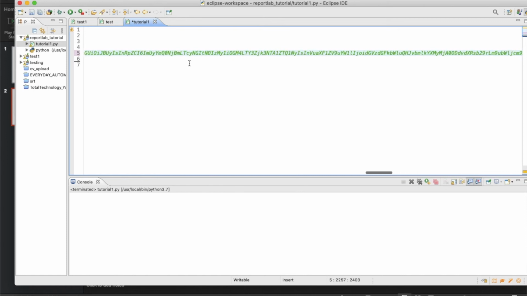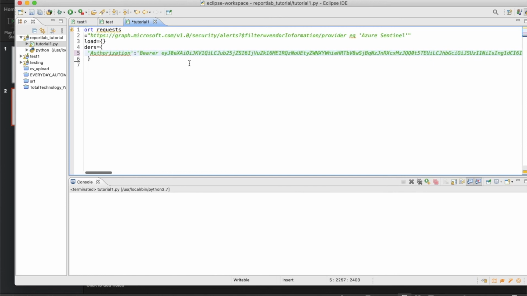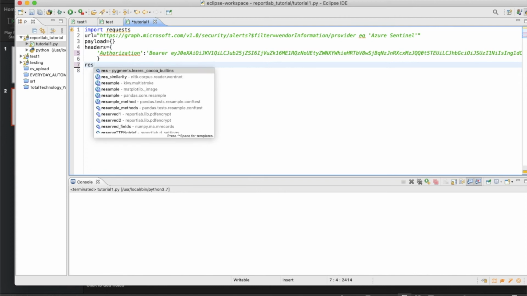You can either set this in a config file and read it from there, or set an environment variable with this token, or you can fetch a dynamic token using some code, like Python code. That is an option, and there are multiple tutorials available. This is actually documented, so you can search for it on TechNet, docs.microsoft, or YouTube. So the next thing is going to be the response.